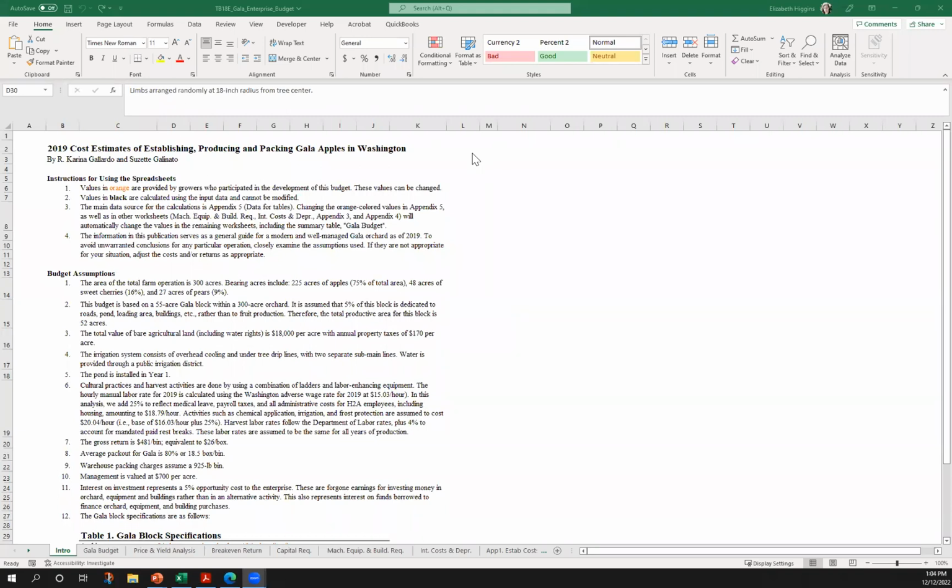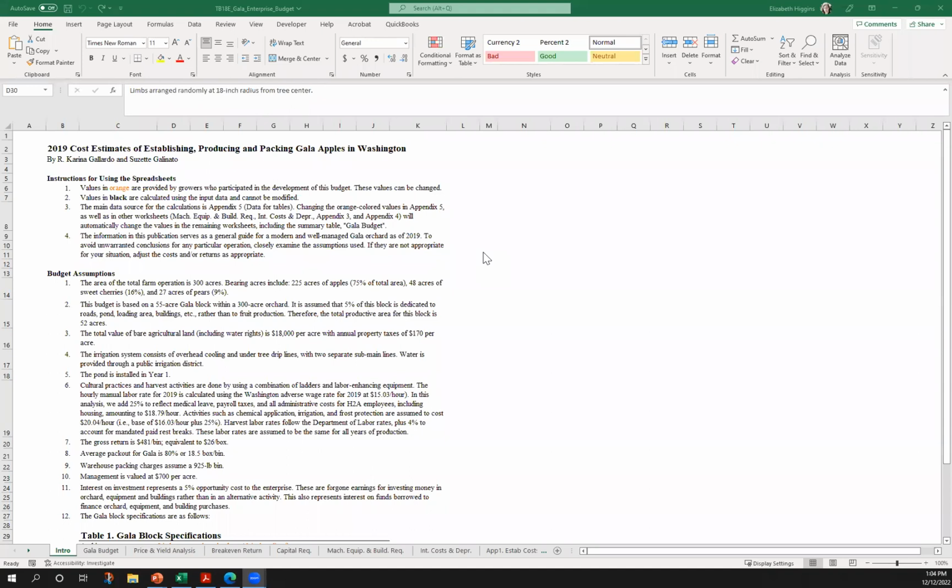So this is an example of a spreadsheet that you can download from Washington State University, and this is their cost of establishing, producing, and packing Gala apples in Washington in 2019. Washington State has done these for a variety of apple varieties: Gala, Honeycrisp, Fuji, I think Cripps Pink or whatever. I've also seen enterprise budgets for cider apples from different universities.